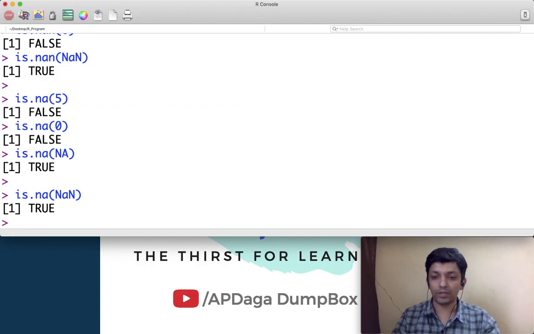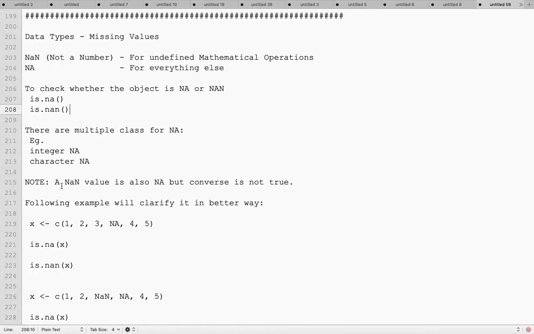Basically, in a Venn diagram, the bigger circle will be NA, and inside that there will be a smaller circle, that is NaN. So a NaN value is also an NA value, but the converse is not true.